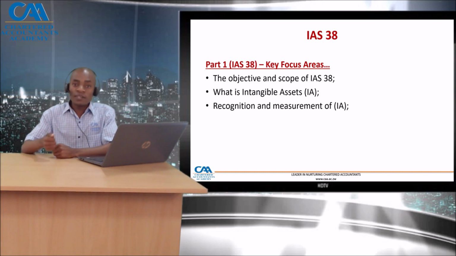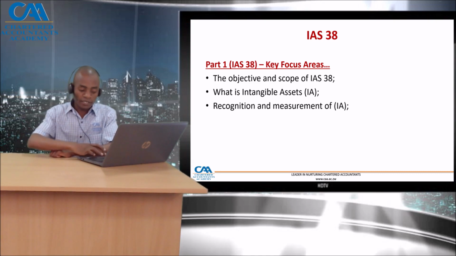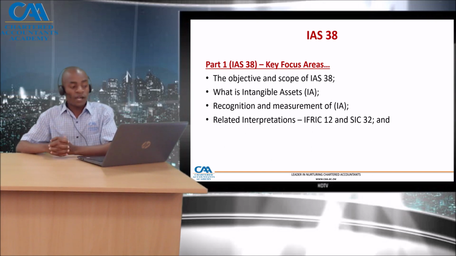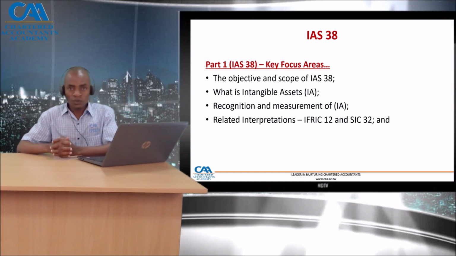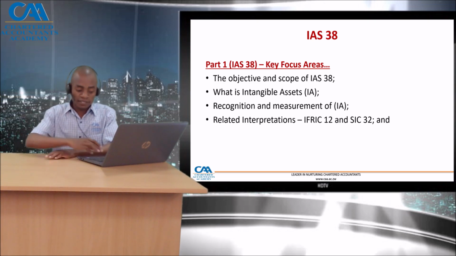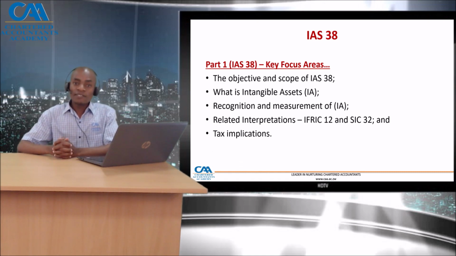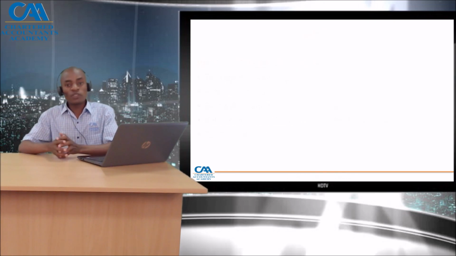an intangible asset, as well as the measurement. Under measurement, we are also going to look at both initial and subsequent measurement. Then there is the issue of related interpretations. Under this, we are going to look at IFRIC 2 as well as SIC 32, which deals with intangible assets that arise as a result of a website. Last but not least, we are also going to look at the tax implications that arise as a result of intangible assets. So let us move on to the next slide,